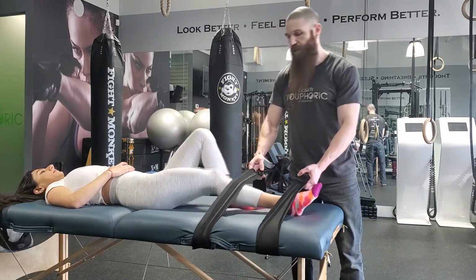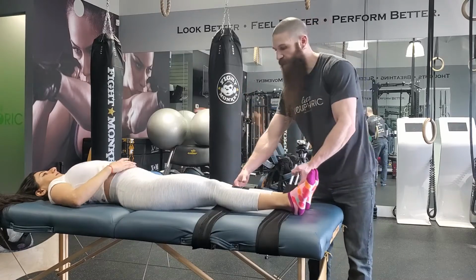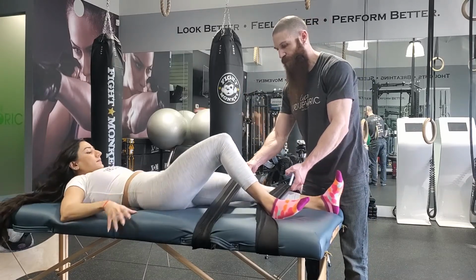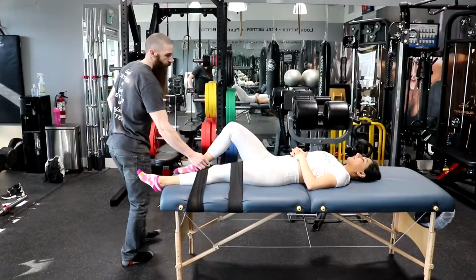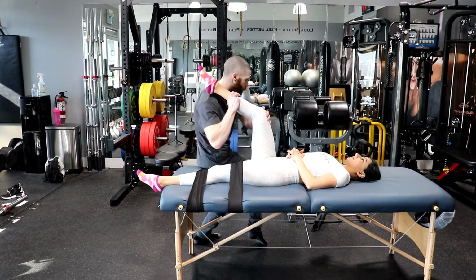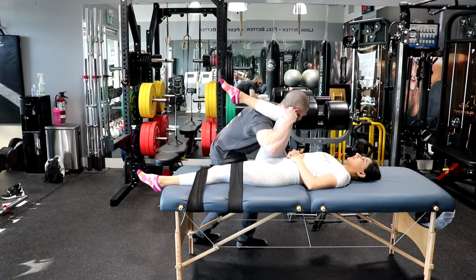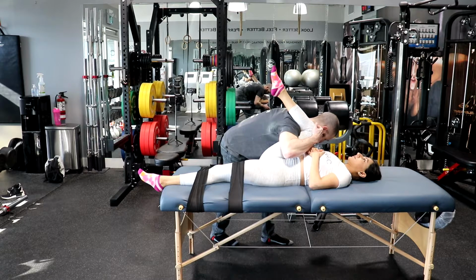So now she's going to take her right leg out, put the left leg underneath the straps, and I'm going to have her come down so that the knee is right in between the two sets of straps. And we're going to do the exact same thing. So the first thing is going to be the extensors of the hip. In order to stretch the extensors, we are going to take her into flexion of the hip. She's going to inhale and push,